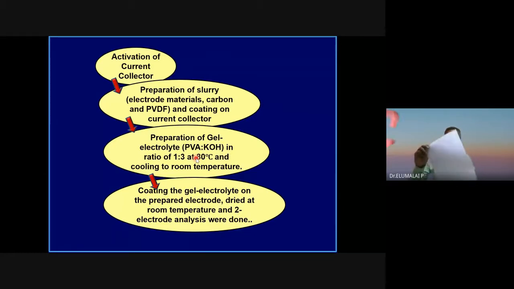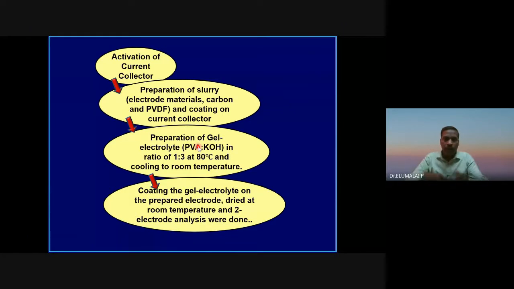You will get a sheet something like this. Whatever the area and thickness, you can manipulate by manipulating the ratio as well as the viscosity. Cut it to the required size, maybe a coin cell or any pouch type or whatever size and shape you want. That will become your separator as well as the electrolyte. You already have a current collector, carbon, then you have a dough. Apply the dough on the current collector, take your membrane or this PVA, add another carbon electrode, then your supercapacitor device is done.